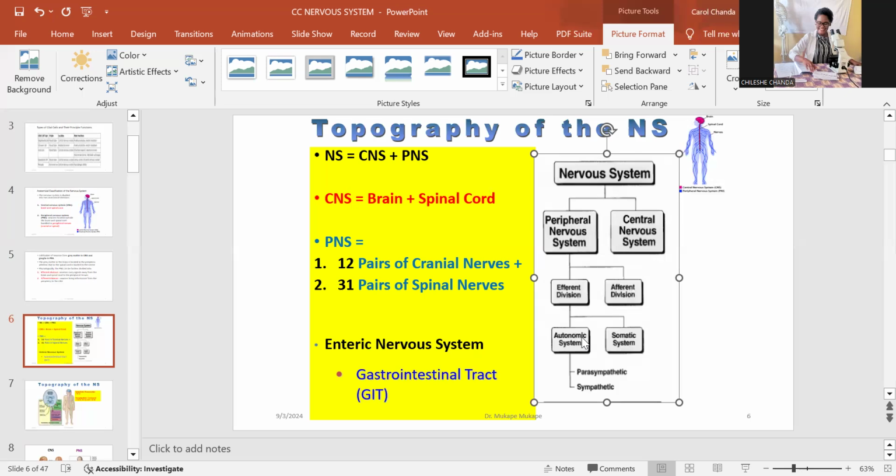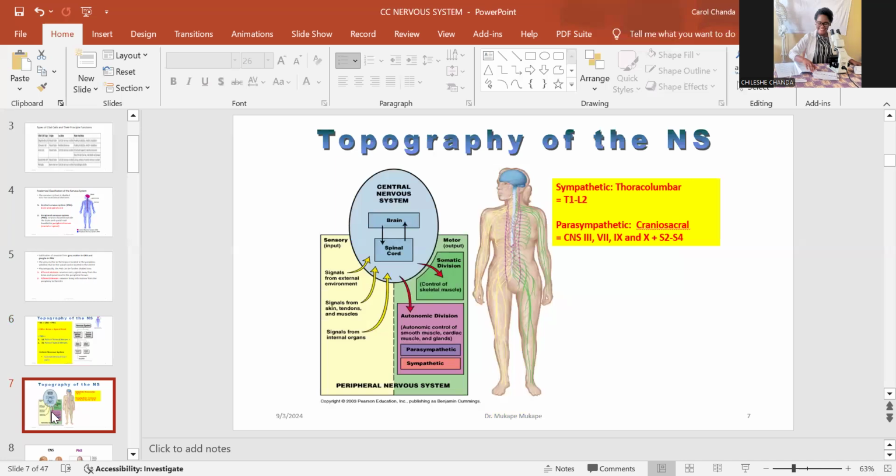The parasympathetic nervous system, on the other hand, is known as the rest and digest system. This is the system that functions when you are at rest and allows your body to still go ahead and work even as you are at rest. So that parasympathetic nervous system is also known as the rest and digest nervous system. Okay,